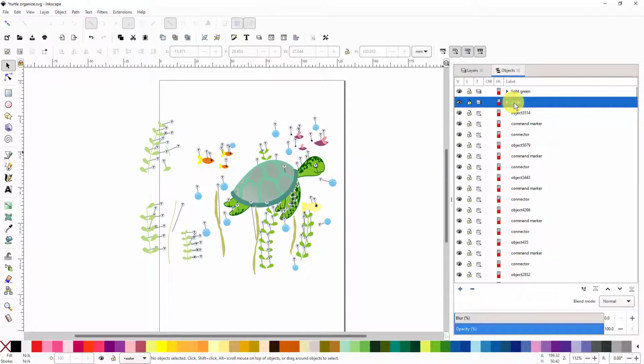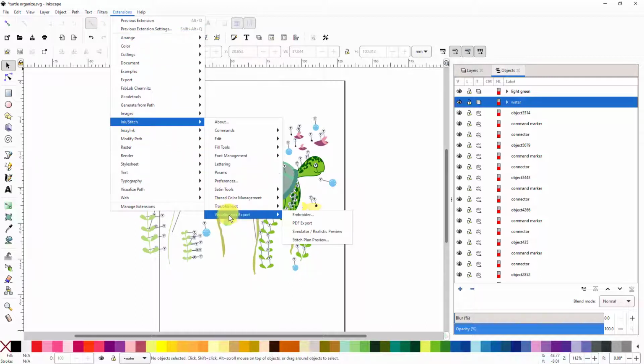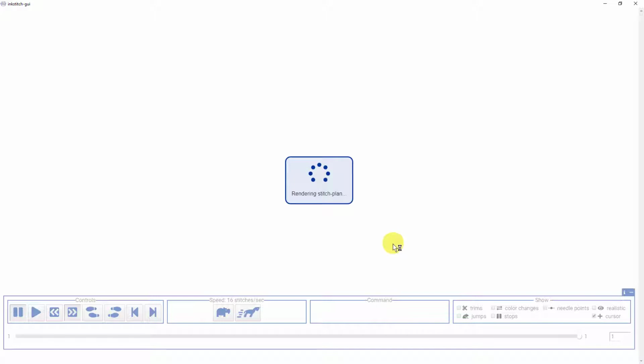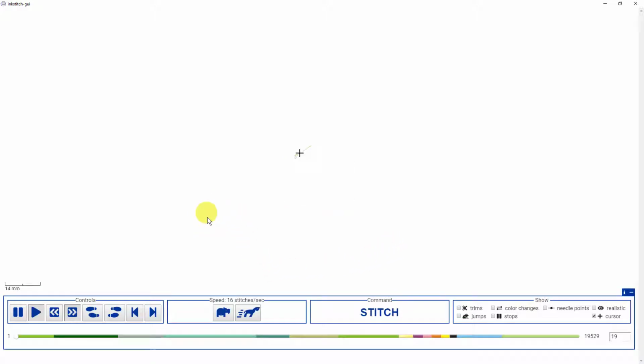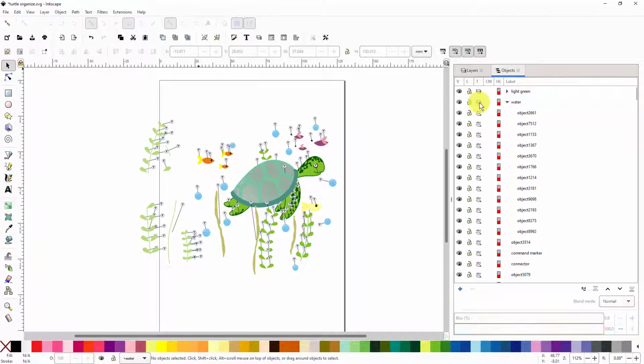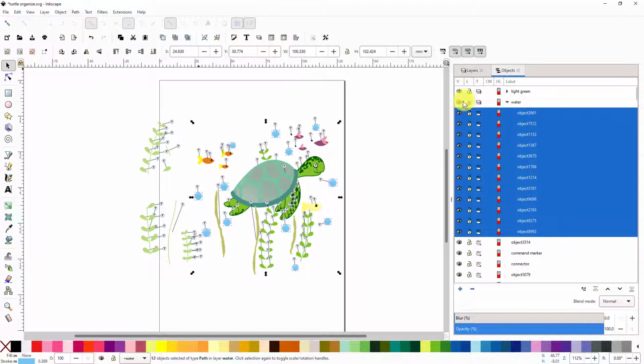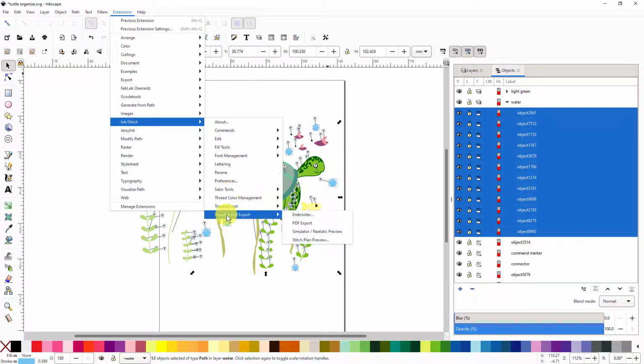Now let's go to the water, and that one is selected now, and let's go extension, ink stitch, or at least according to this I should have them only selected. It didn't seem that way on the screen, but we'll find out in a hurry. No. So I'll select these objects for a moment, and shift select. Now we have those water drops selected. We go extension, ink stitch, and visualize. Go to the simulator,